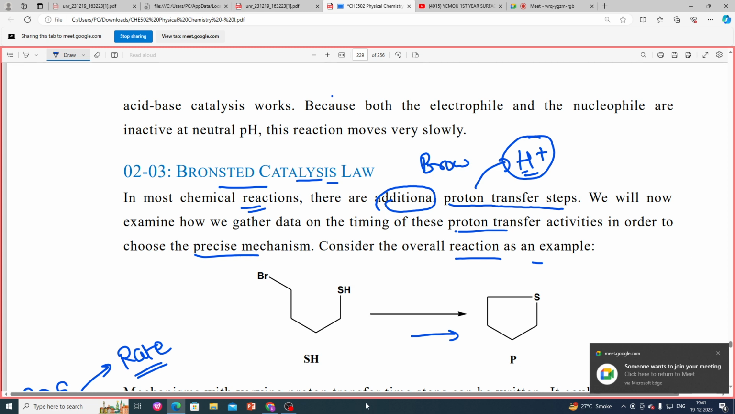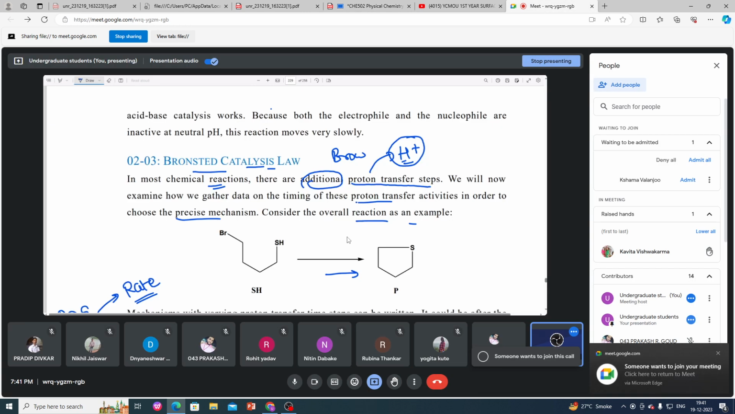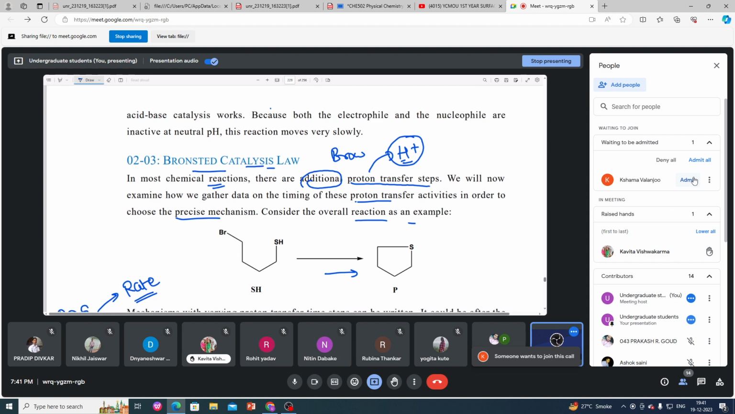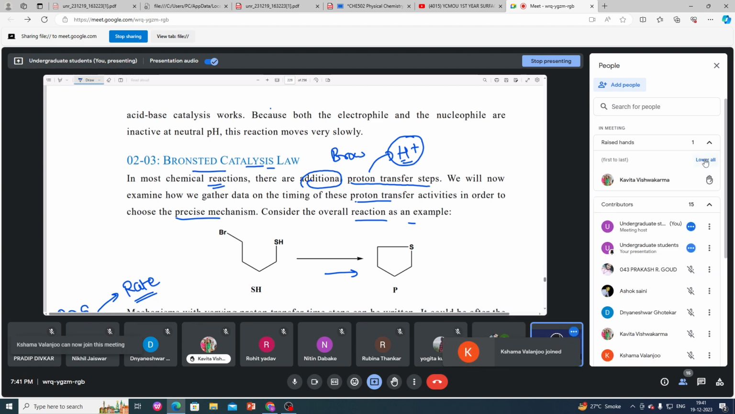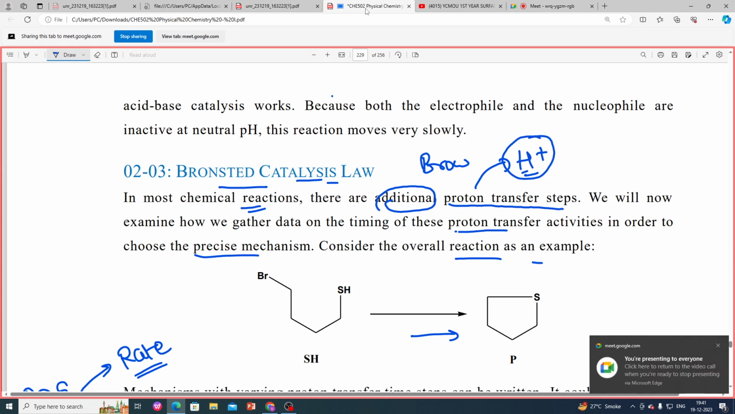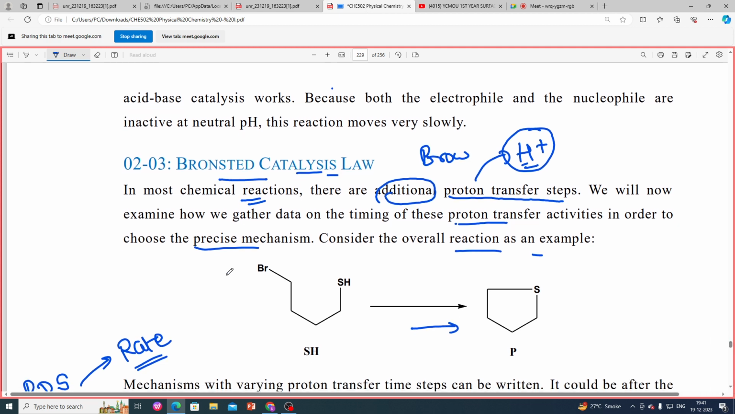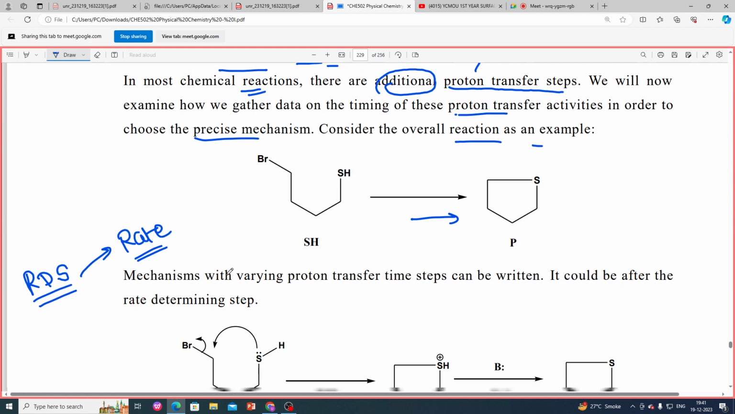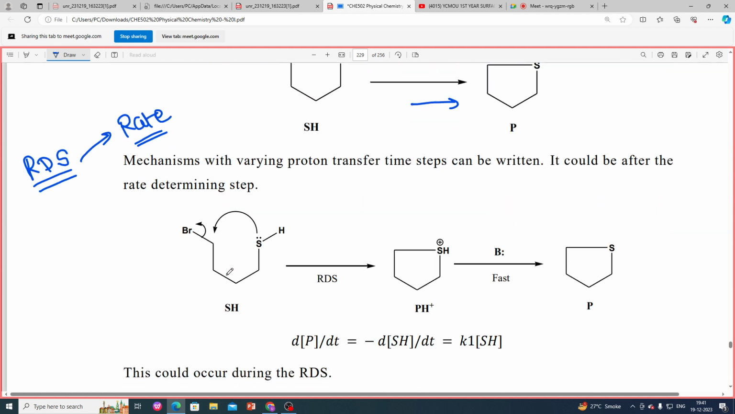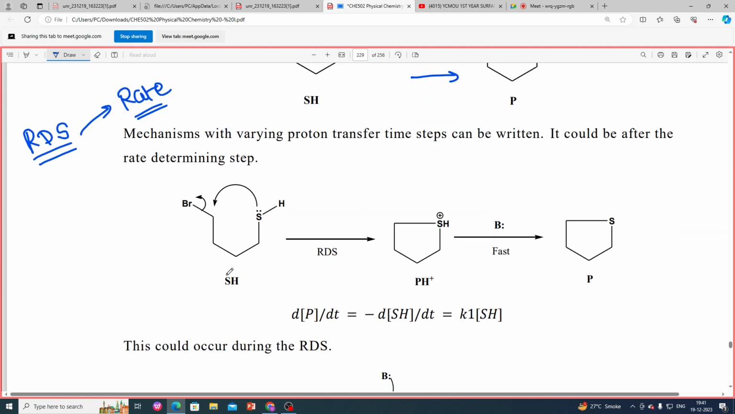Precise mechanism को choose करने के लिए, in order to choose the precise mechanism, consider the overall reaction. एक reaction दिया हुआ है, okay, so this reaction we get the product, okay, और नीचे इसका mechanism दिया हुआ है, the mechanism and it's give the rate determining. Okay, see here mechanism with varying proton transfer